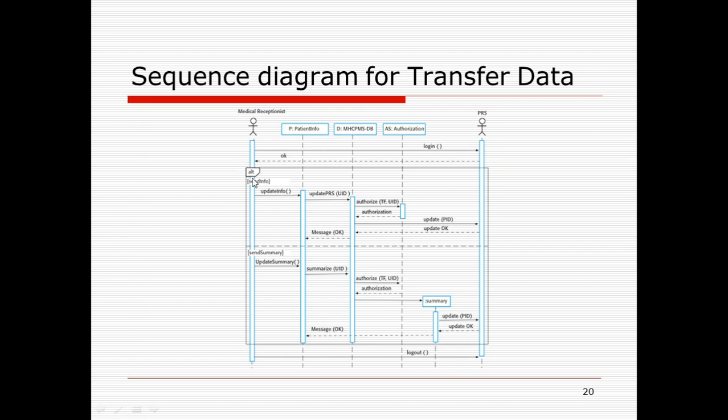for the medical receptionist, it will first send the update info. Okay, so from the patient info, it will send this information, the update info, and then the patient info object will send the update PRS, that is using the user ID, who is trying to update or trying to transfer the data. That particular information will be sent to the mental healthcare patient management system. Now the mental healthcare patient management system will go through the user ID and it will transfer this entire data, user ID, to the